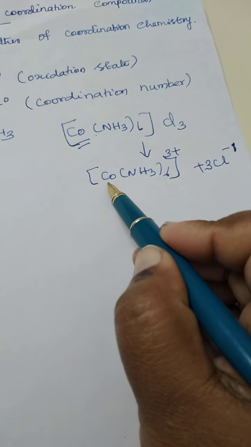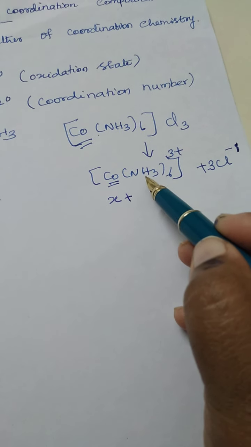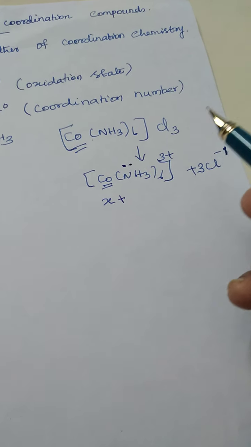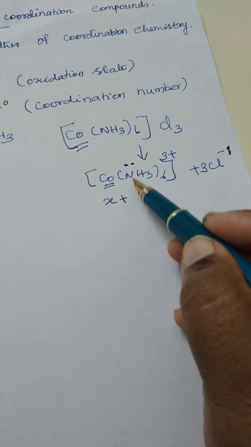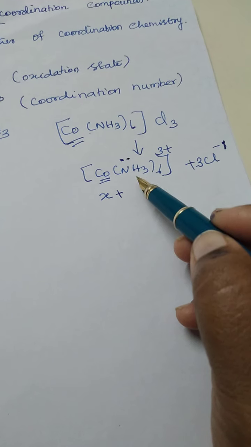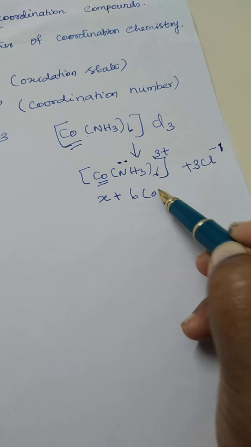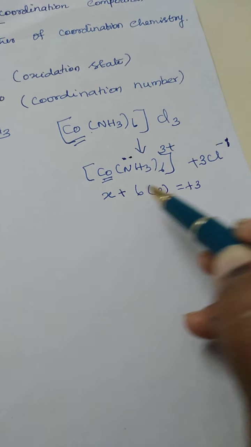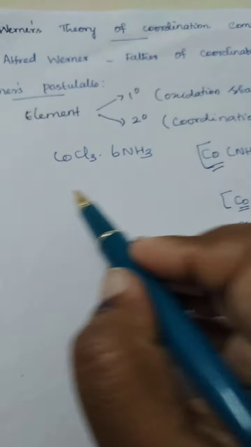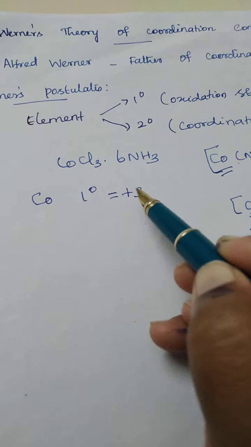So I'm going to find out the oxidation number of cobalt. I can take cobalt as X plus. The ammine is said to be a neutral ligand. You have already studied neutral nucleophiles in 11th standard, that is a molecule which does not carry any charge. So ammonia is a neutral ligand, hence there are 6 and its oxidation number is 0. That is equal to +3. So the X value will be equal to +3. So the primary oxidation number of cobalt is said to be +3, and its